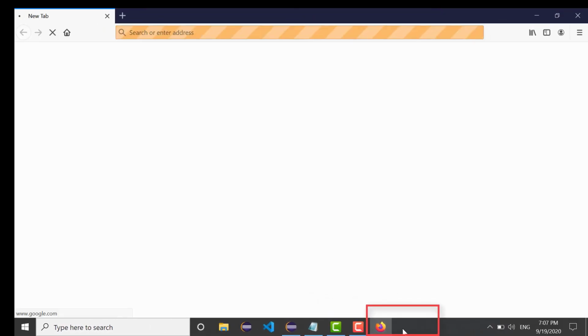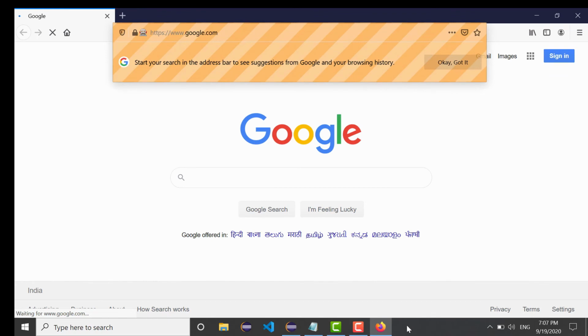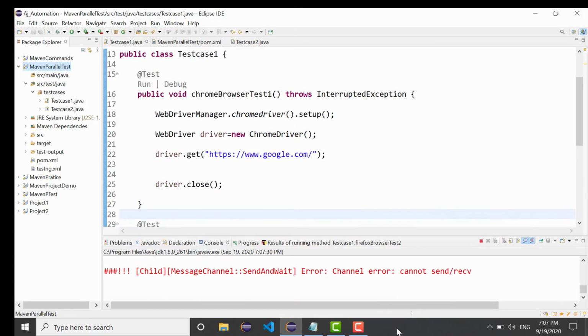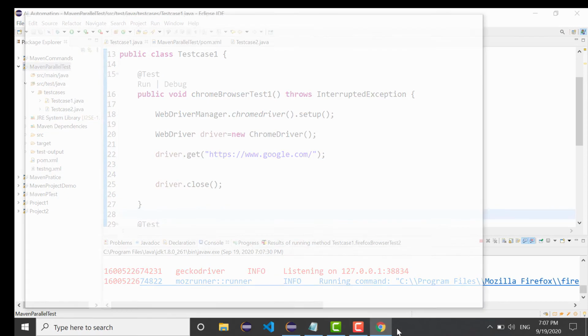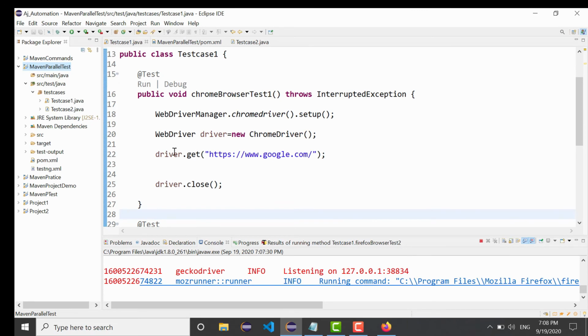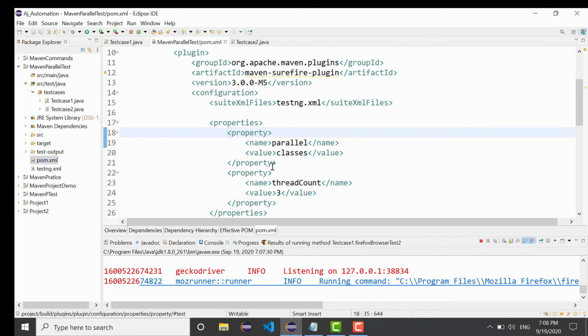Okay, Chrome and Firefox, you can see that. Now it will start running the second @test method. So it is running one @test method from the different classes simultaneously. This is the use of the classes value here.